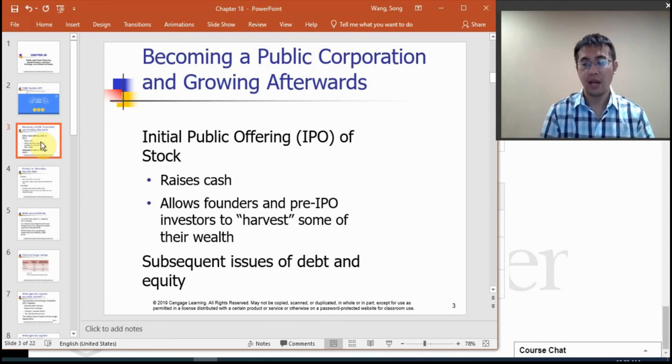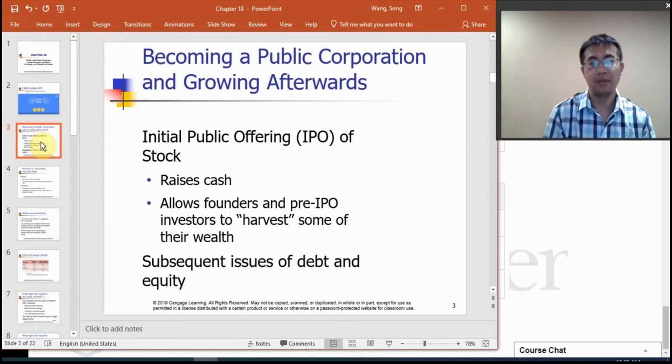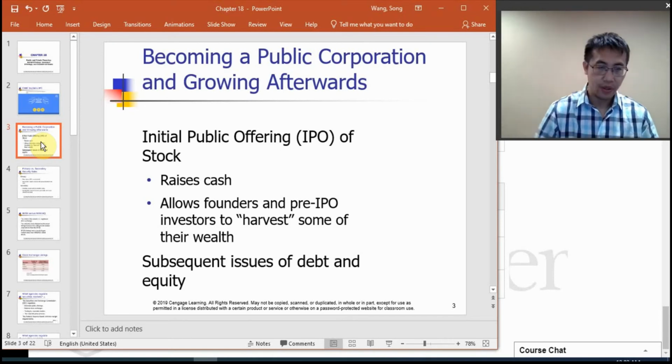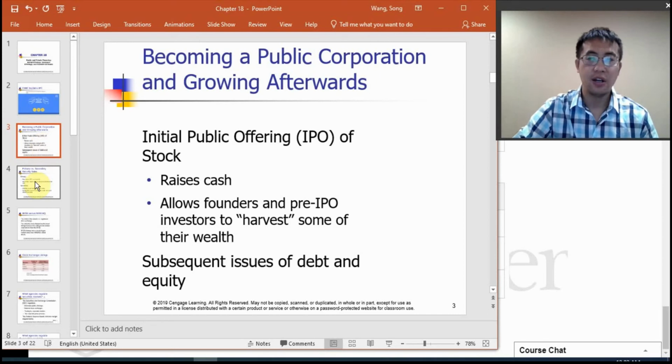And when the enterprise has an IPO and becomes publicly available to trade, it becomes easier for them to issue more equities or even more debt in the later stages, just because their name is already out there, they are well known, so people would like to buy more of their stocks if they are